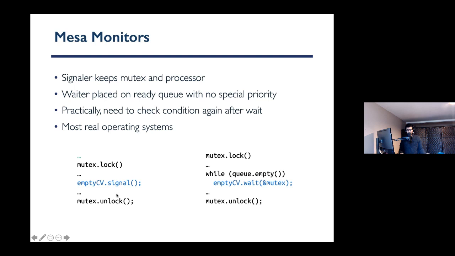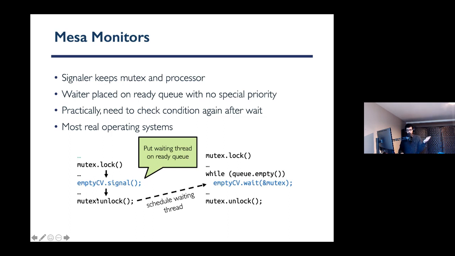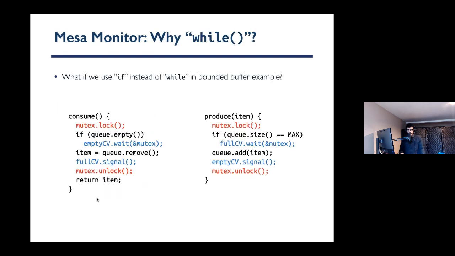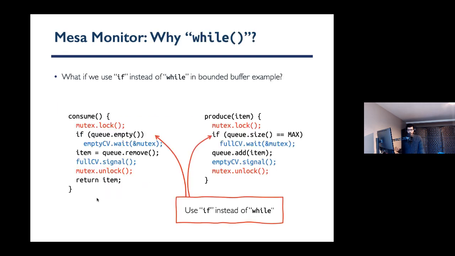Whereas in Mesa, all you do after the signal is change the state of the waiting thread to ready and put that thread in the ready queue. Then you continue, you finish, and at some point the scheduler will schedule the thread that was put to ready, and then it will be executed. And that's pretty much why you need